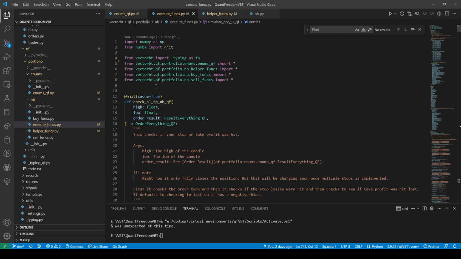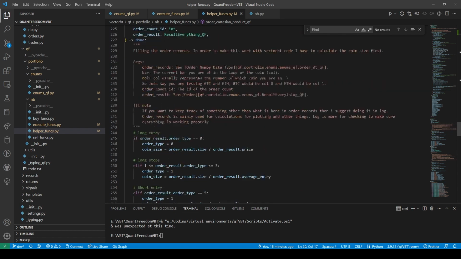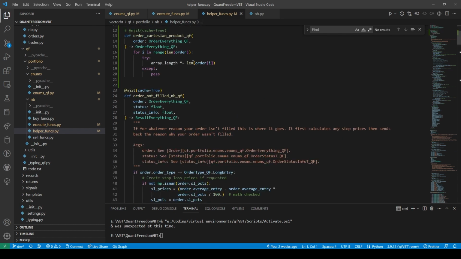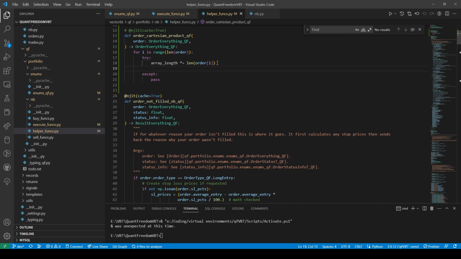So if we do not know what this is, we'd have to do try this, then we'd have to do, can you have an array of arrays?